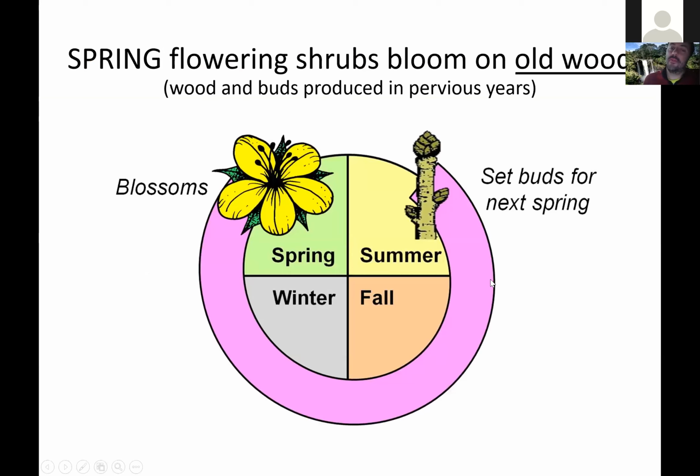We break flowering shrubs down into two groups. What we call spring flowering shrubs, which are shrubs that bloom on old wood. So the cycle works like this. In the spring, there's new growth, right? On that new growth are flower buds. Those flower buds then hang out all summer. They hang out all winter. They get chilled in the winter, and those flower buds open the following spring, right? So the buds are produced in one year and flower in the next.